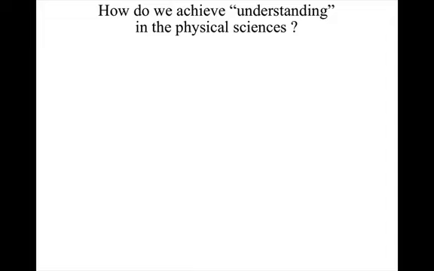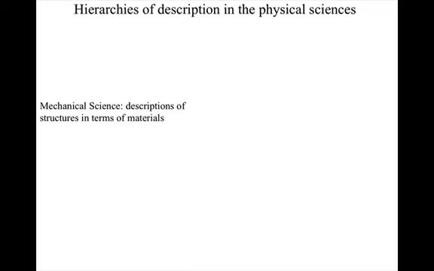So we've talked about how to understand electronic systems, complex electronic systems, but what about understanding in the scientific sense? The physical sciences are the standard by which the rigor of other sciences is judged. But understanding in these hard physical sciences is also based on analogous hierarchies of description. For example, at high level, we can predict how a structure will perform from the properties of the materials it's made up of, like how water erodes rock, or how lava flows across land, or how an aeroplane flies by interacting with the air, and so on.